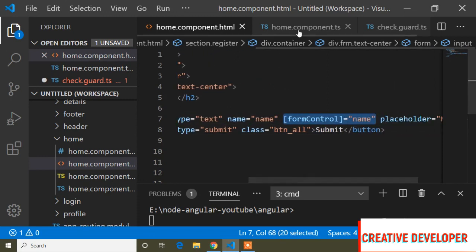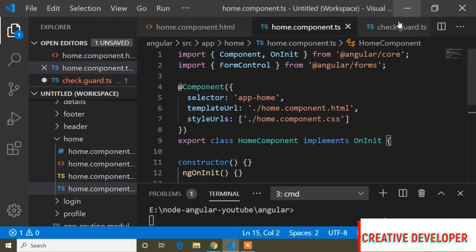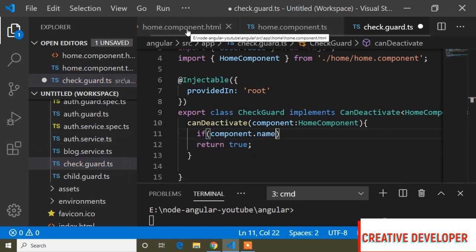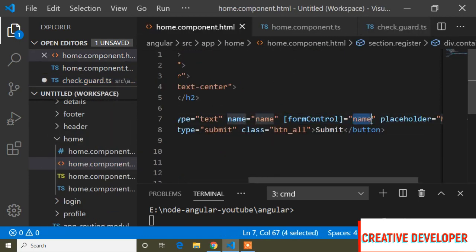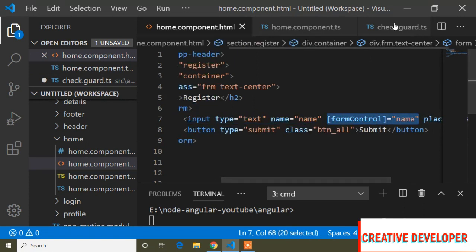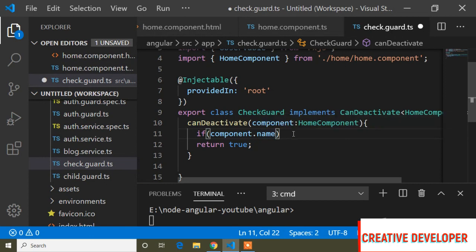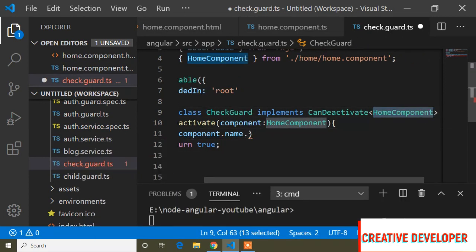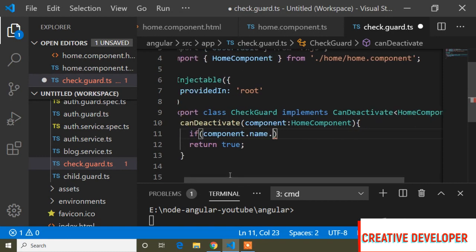So I am getting the name property, because I bound name in home component before with this reactive form. So I can access this name because I passed the home component here. So name dot dirty,